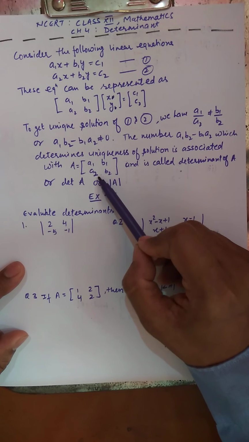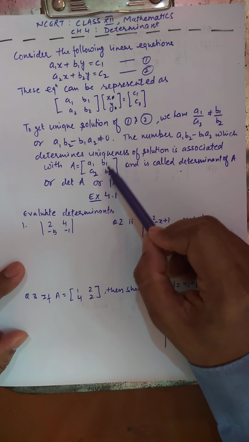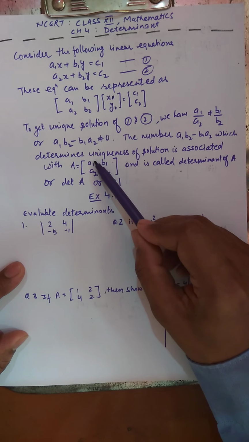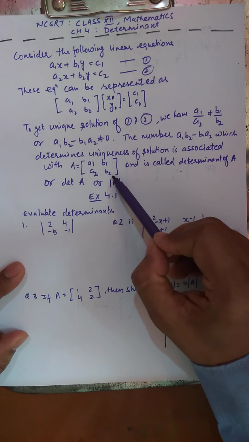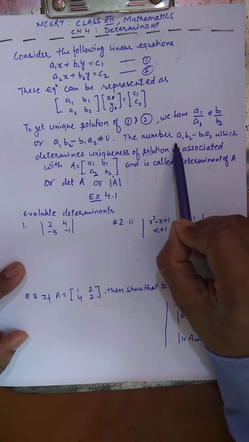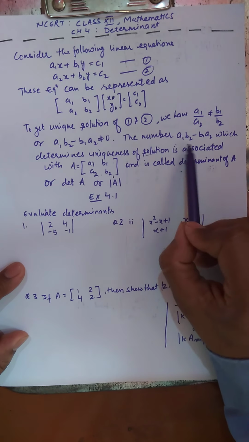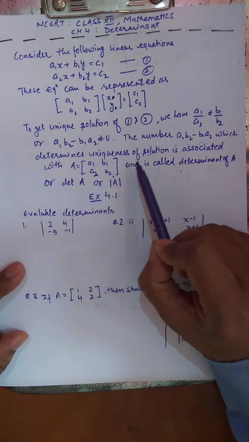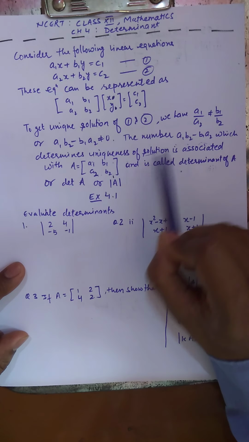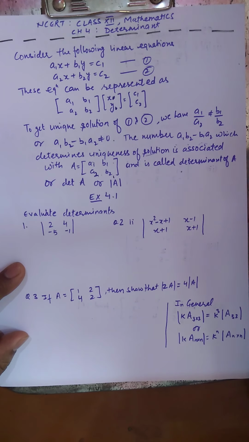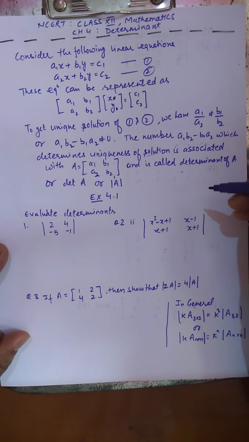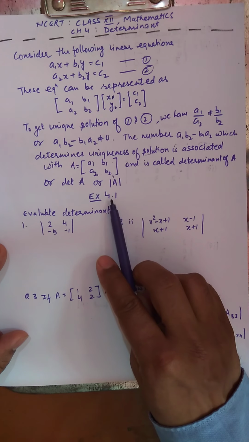And for example, if this A is a1 b1, a2 b2, then you do the cross: a1 b2 minus a2 b1, this value is called the determinant of A. So determinant of A can be defined or can be understood better. We do some examples in the beginning, then the definition can be seen later on. Now we are starting the exercise